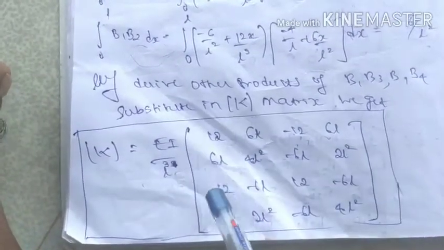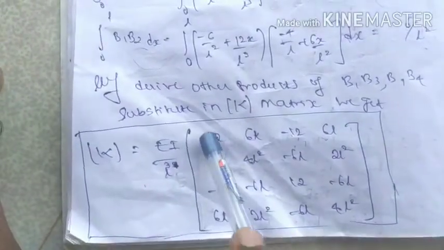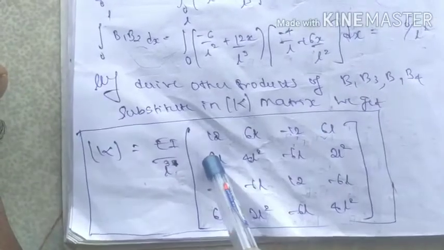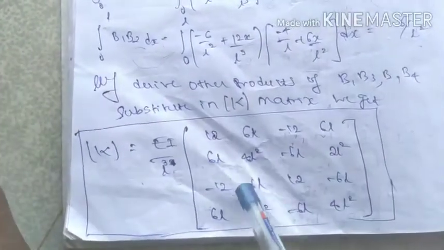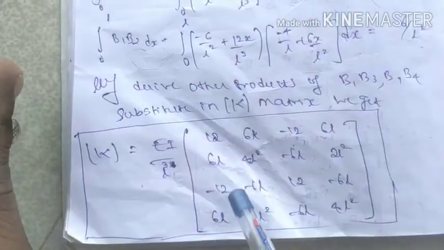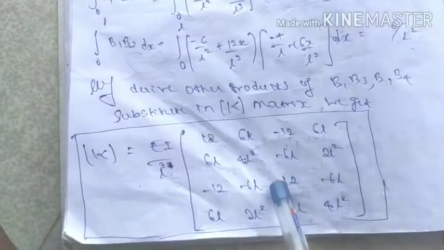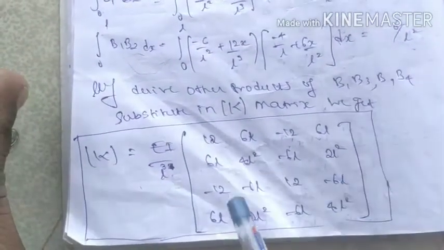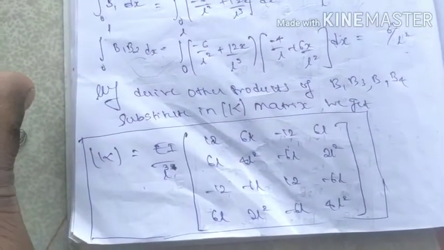And here the rows are plus and here minus. Here you have to take a column, and this is 2 plus, and therefore you have to write minus. The same thing you repeat here: 12, 6L, 12, 6L, 6L, 6L. In place of 2 you have to write 4. And here minus 12 becomes plus 12, minus 6 stays as it is, and plus 6L becomes minus 6L. Like that you have to memorize.